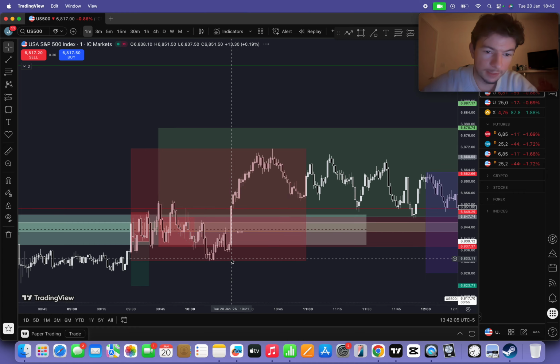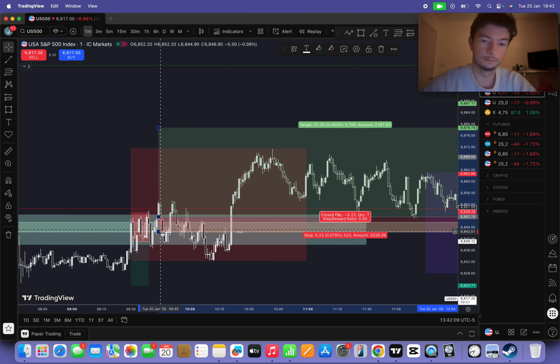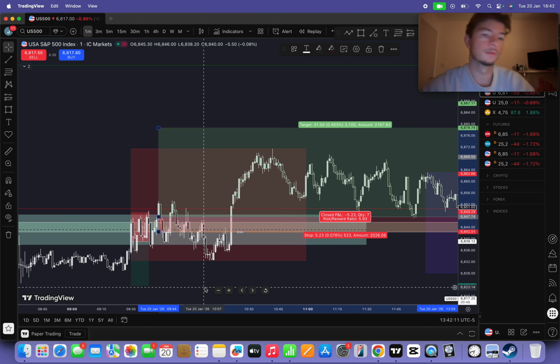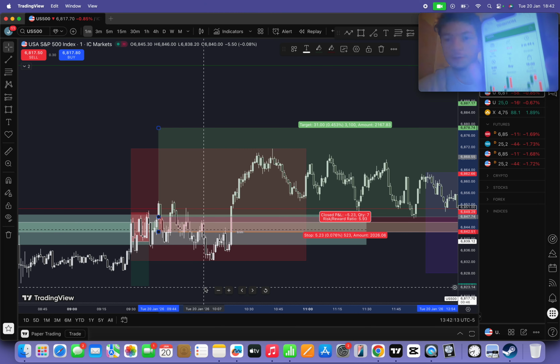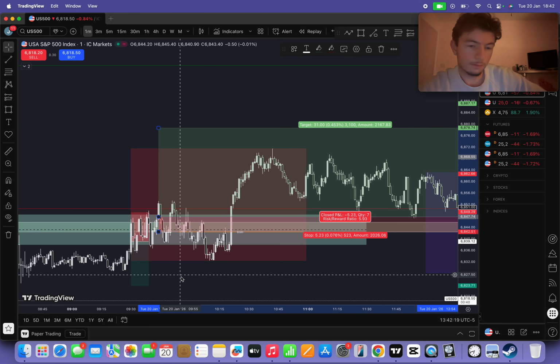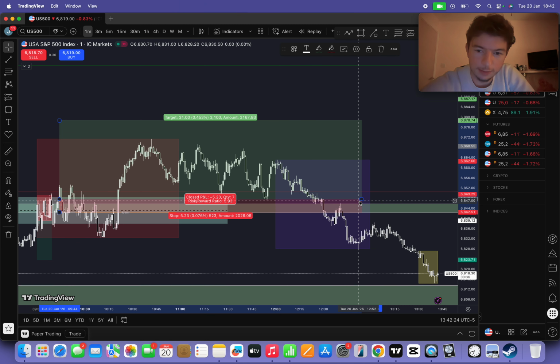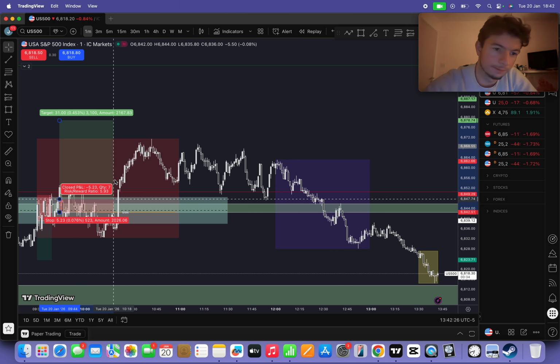I would have been stopped out at full SL, but I trimmed it to this orange line. So this is only 5 points for £60, and that hit very quickly. So if we then drag this, pull it across,